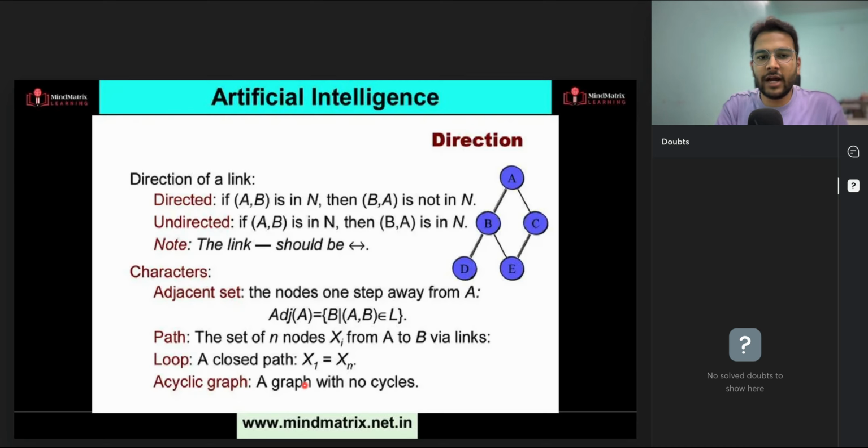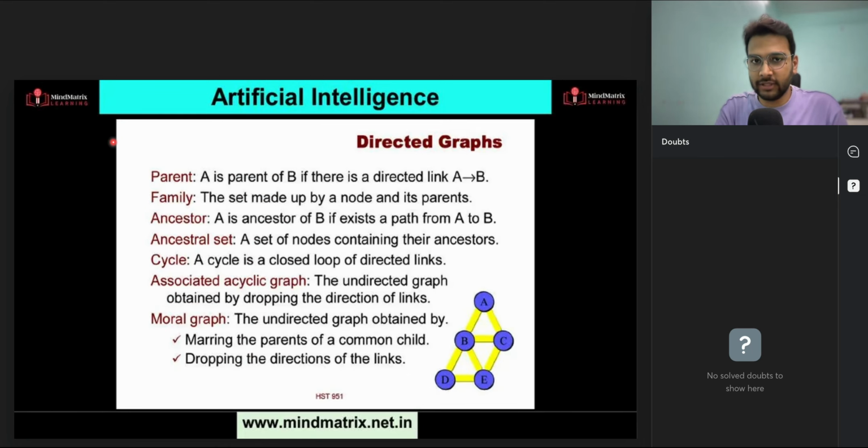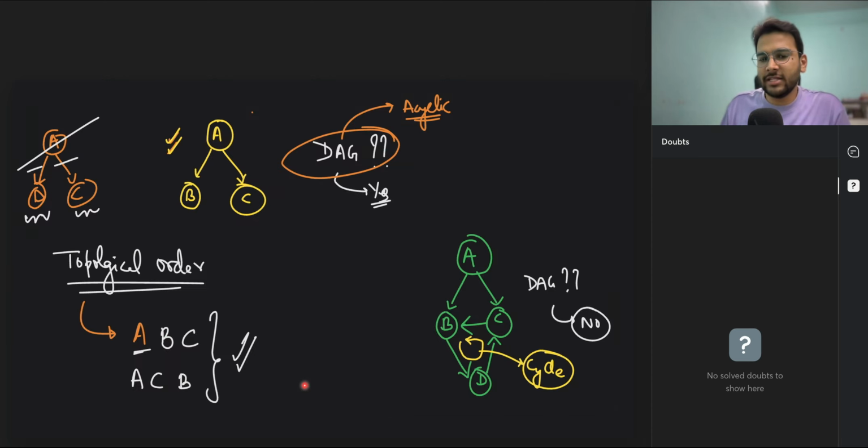Again, this slide is all about what is a directed graph and what is an undirected graph. So I suggest you give it a read later on. This is not very important for this topic. You just need to understand what a directed acyclic graph is. Similarly, just read this about what a parent is. See, if there is a graph like this, or let's consider this graph only. Can I say A is the parent of both B and C? Yes or no? Right? B and C are the children of A. So we can say A is a parent of B and C both. Clear?